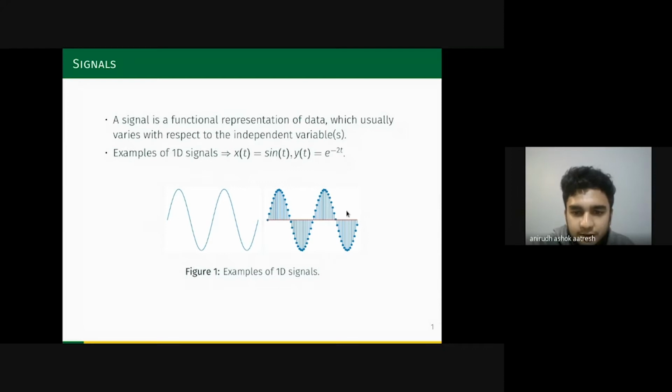And on the right here, you have the discretized version of that signal. That is, you sample the signal on the independent variable's axis, so you get a discretized version of it. In this workshop, I will be dealing with discrete signals. Some examples of 1D signals are x of t equals sine of t, y of t equals e to the power minus 2t. For those of you who aren't familiar with signals,